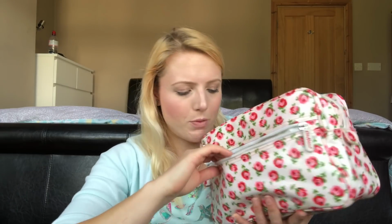Paracetamol, didn't use these, but you never know. Guaranteed you don't pack any paracetamol and then you'll get a massive headache. So they'll probably just stay in here. They can be my paracetamol for this particular wash kit. A spare hairband, another spare hairband,